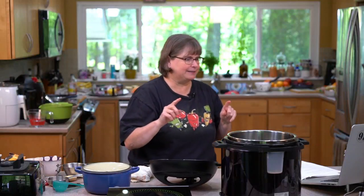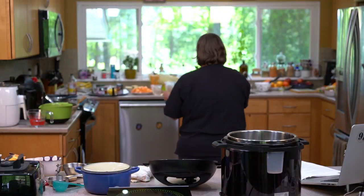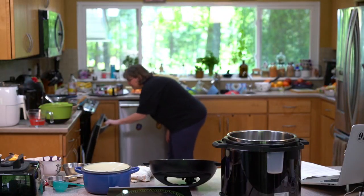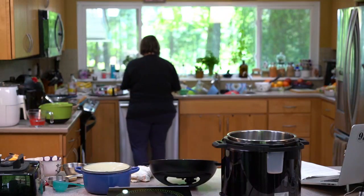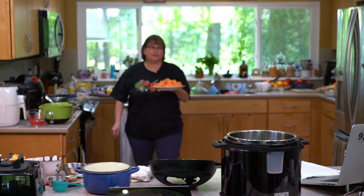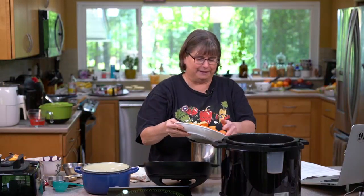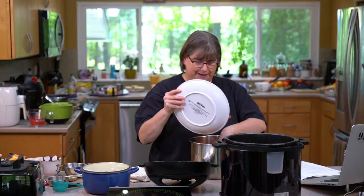So while we're getting those things done, we're going to get ready to do the next dish. So I'm going to check on these guys a little bit. And the first thing we're going to do is take some sweet potatoes, and we're going to cook them. So I'm just going to cook them in the Instant Pot for about 10 minutes while we're making the stew. So we're making a